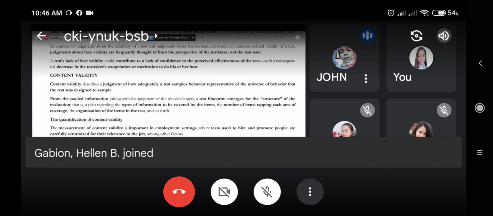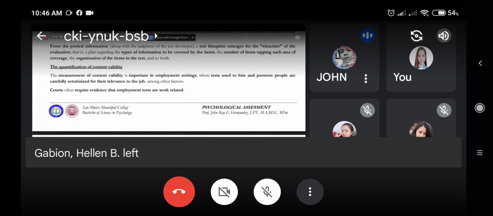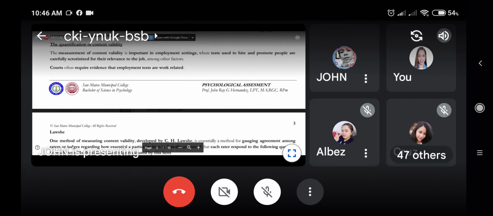Next, moving on, is the quantification of content validity. So how are we going to quantify the content validity? Because if we think about it, it's like an abstract thing, but how can we quantify all these things? The measurement of content validity is important in employment testing. Our tests are used to hire and promote people, so on and so forth, and are scrutinized for their relevance